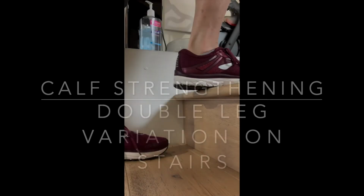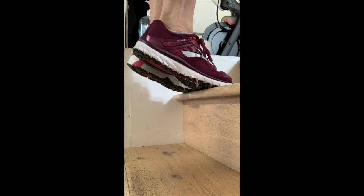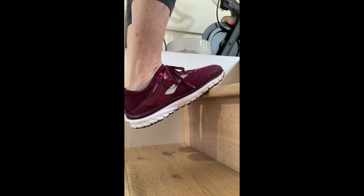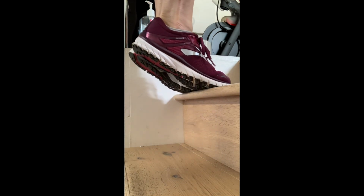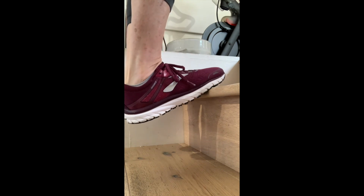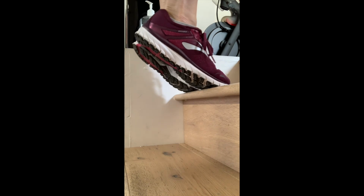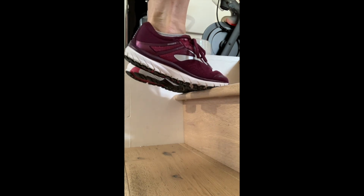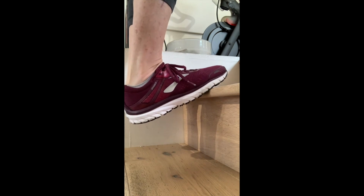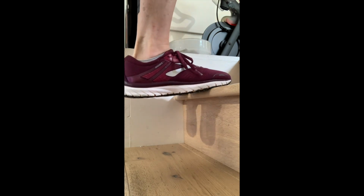So now we've worked on gaining that end range strength. So it's time to strengthen through the whole range of motion. This one's best done at the edge of the step. You'll come up on your toes and then slowly go down into that dorsiflexion movement and come back up on your toes. Noticing I'm doing this with both feet. We're going to do 20 of these total, so we've already done 3,